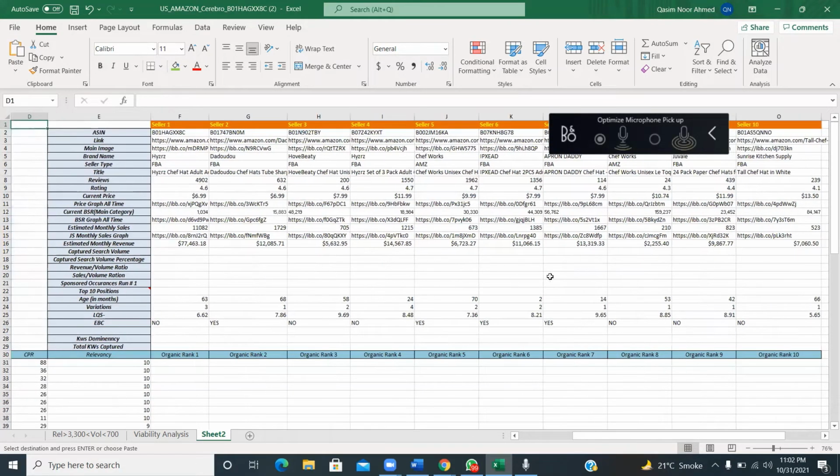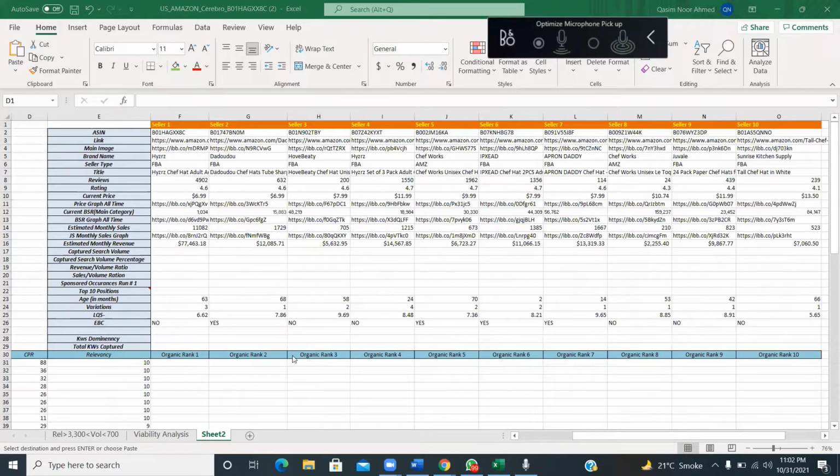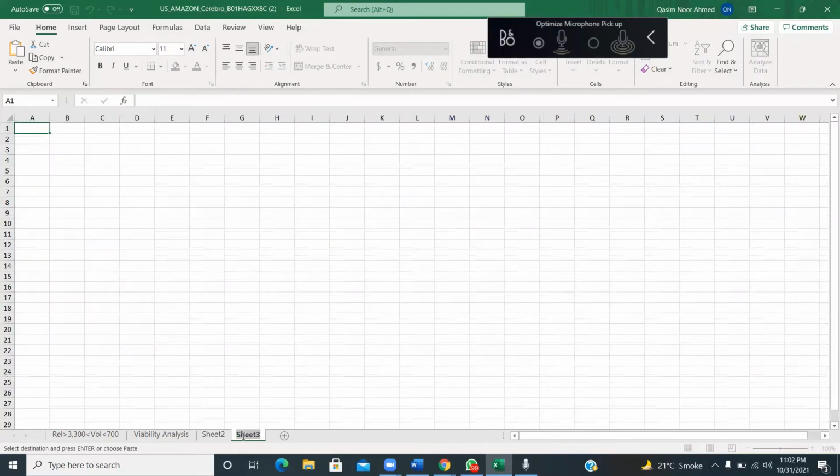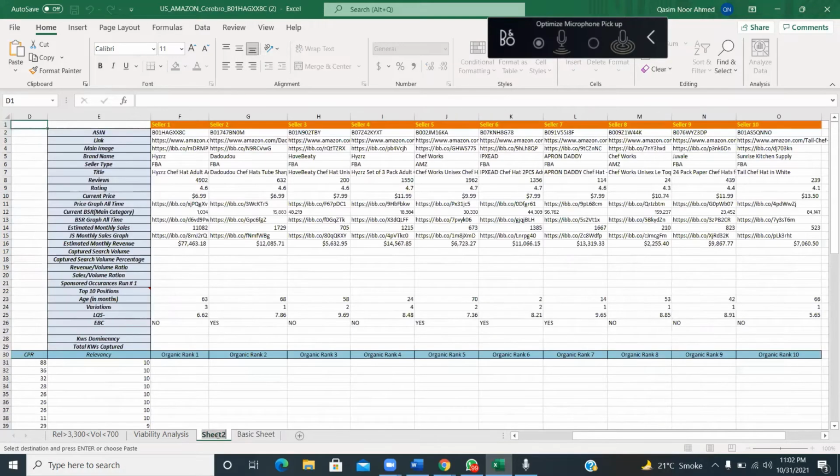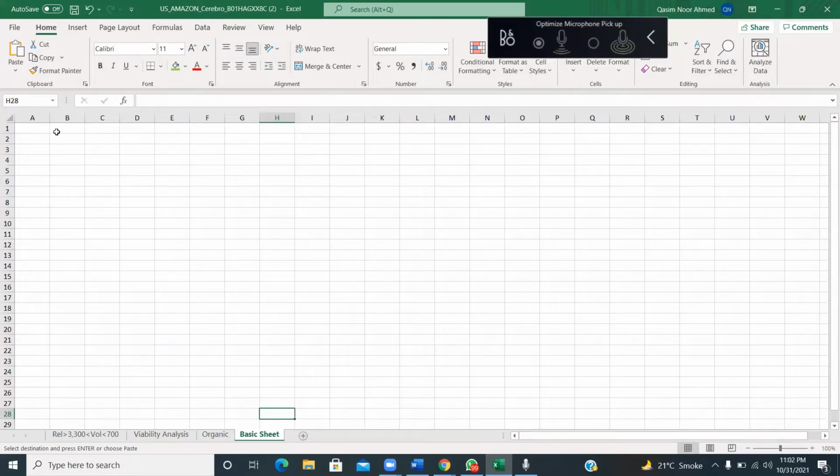So what I can do, in order to make the sheet more presentable and before downloading these files, is insert another column. I'll name this sheet as organic. So basically I can